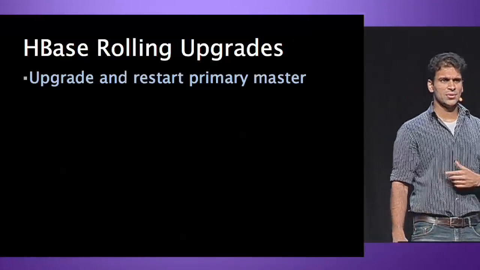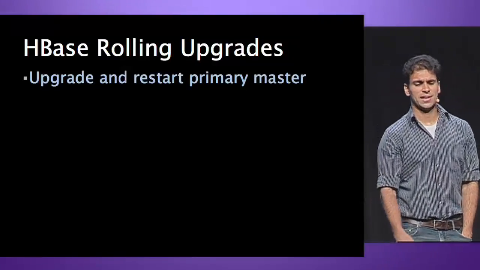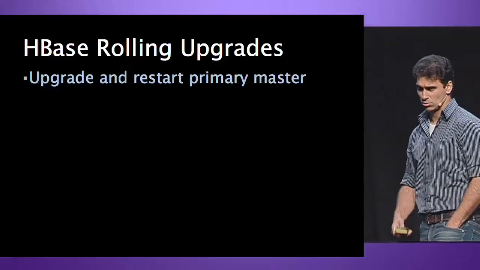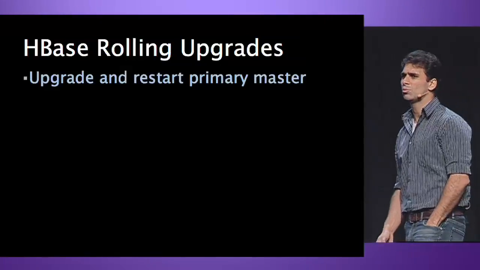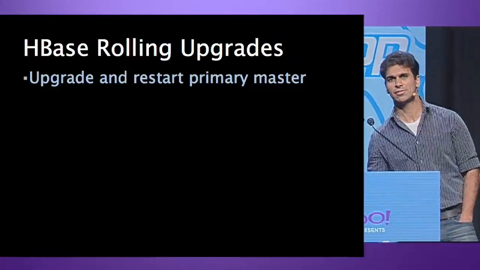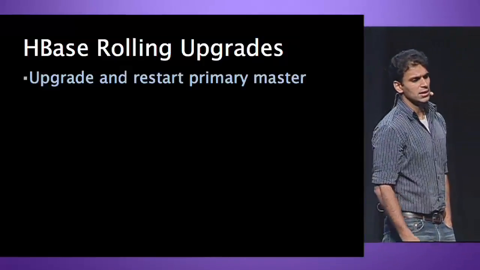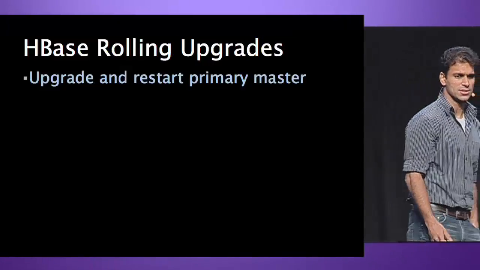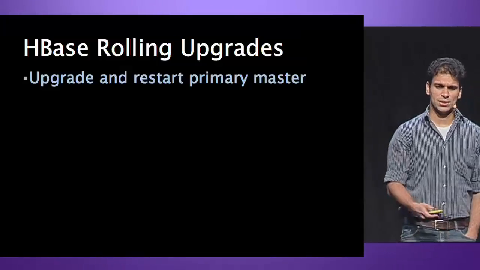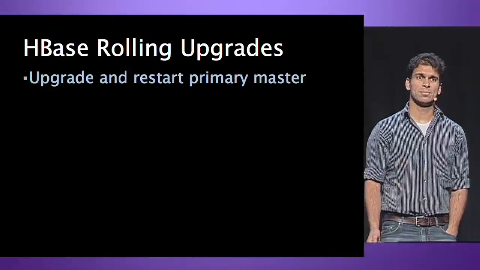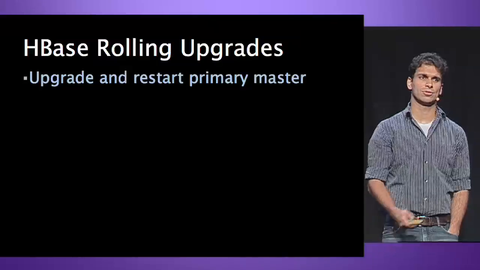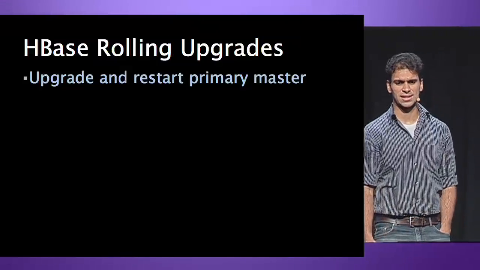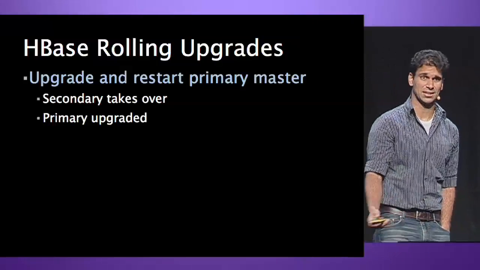Okay, so another thing that we had invested in quite a bit was the fact that we wanted to upgrade HBase in a rolling fashion, which means we wanted to upgrade the software but not really have any downtime if we could avoid it. Naturally, this will only work if the upgrades are actually backward compatible. So the way we did that was we upgrade and restart the primary master. The primary master would go down for a split second while it restarts, so the secondary would take over